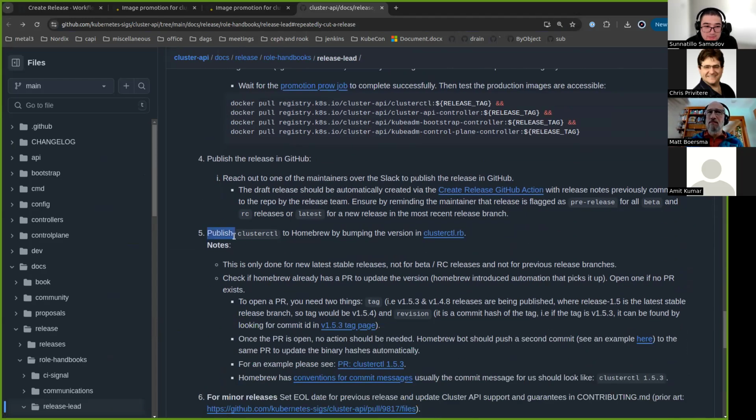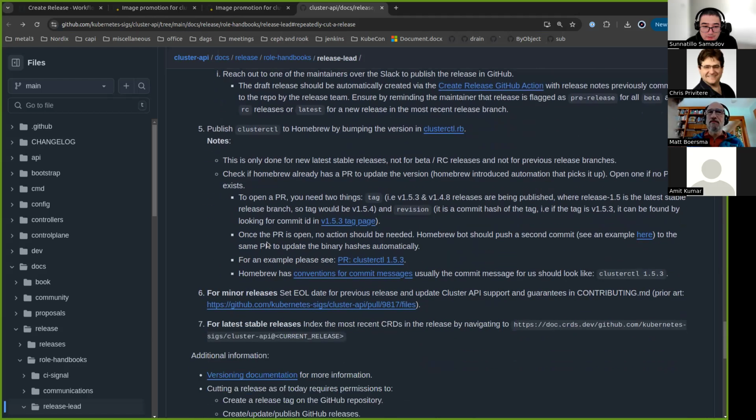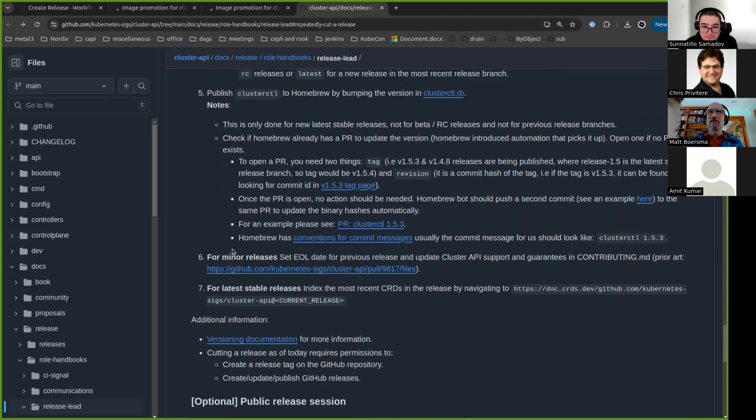This part is now handled by the Homebrew bot, so we don't have to do it manually. And this one is for minor releases. And the last step is we just need to do one request of the latest cluster API release. So in our case, it would be v1.9.4, to make sure that indexes are